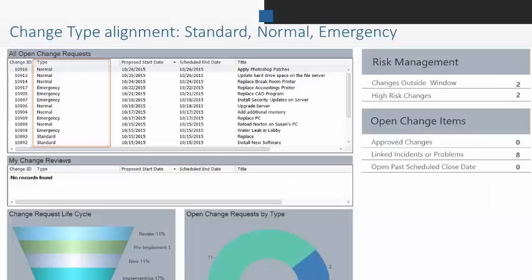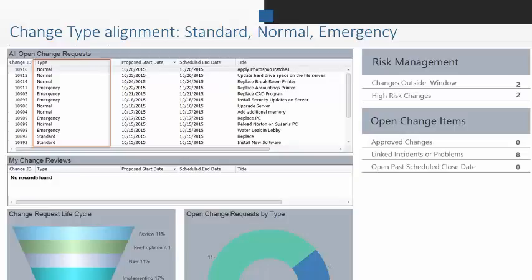The dashboards are just great within Cherwell. If you're using the tool now, you've probably developed a ton of them yourself. What I really like about the change management dashboards is that you can have different views of it. So you've got the change manager view, who needs this overarching view, and then you also have, if you're familiar with the My Work dashboard, the ability, as a change requester or as a task owner, to go in and specifically see your work and get to that easily.